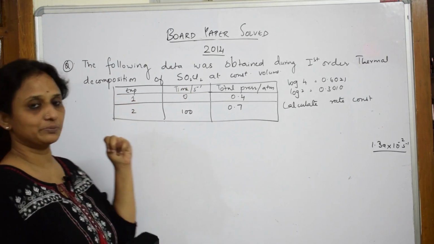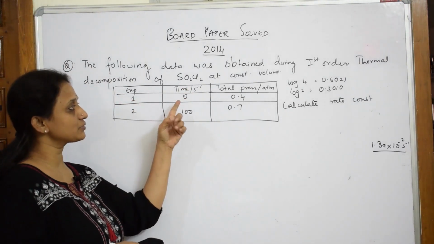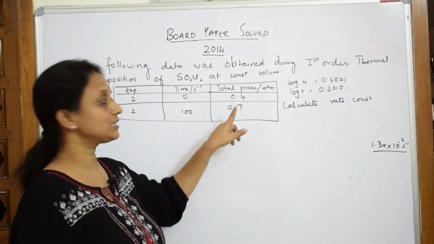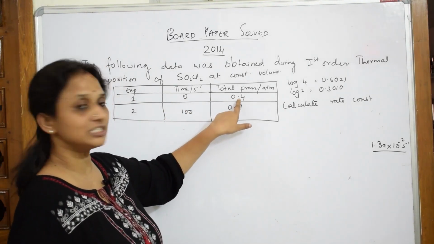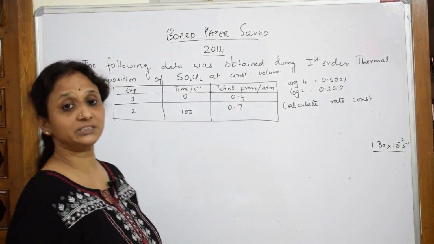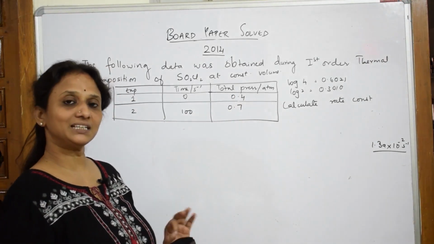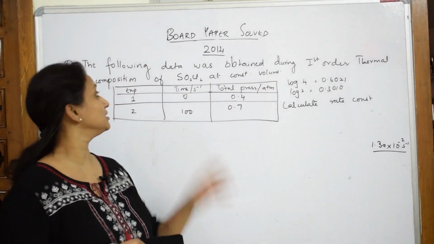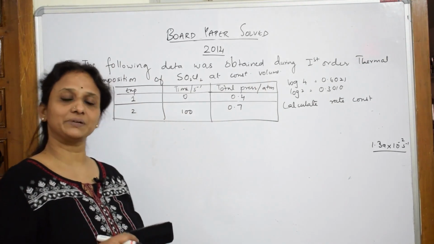They performed 2 experiments. In those 2 experiments, the time interval observed is 0 minutes, and the pressure, or the partial pressure, exerted by that particular reactant is 0.4 atmospheres. At 100 seconds, it is 0.7 atmospheres. Done. So whenever they give you gaseous reactants and they clearly mention thermal decomposition,